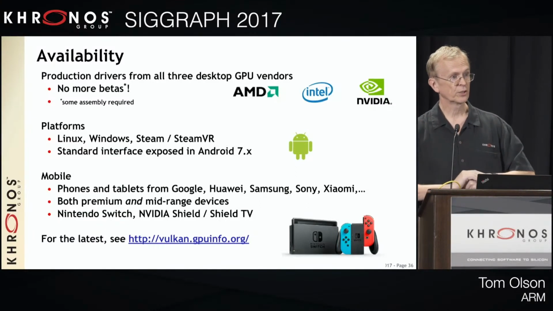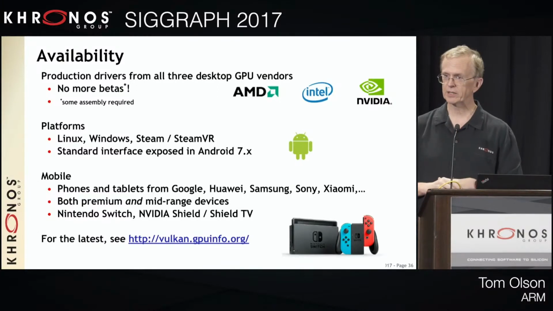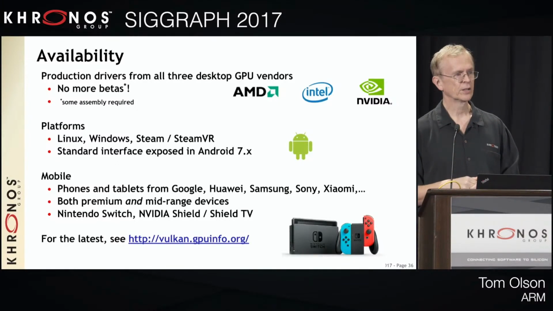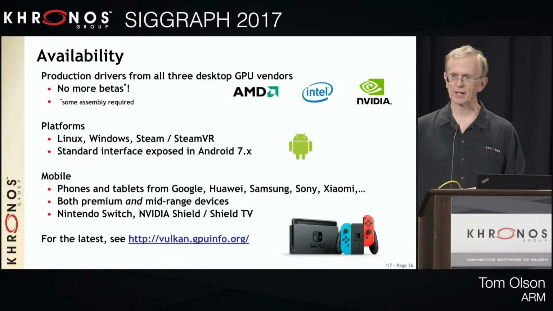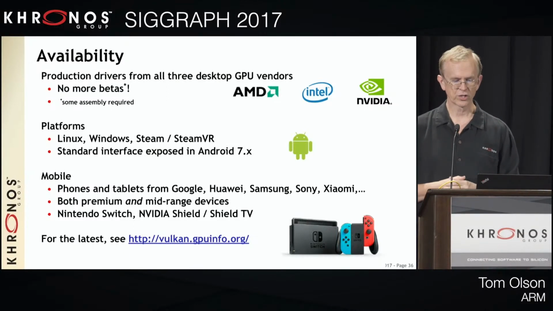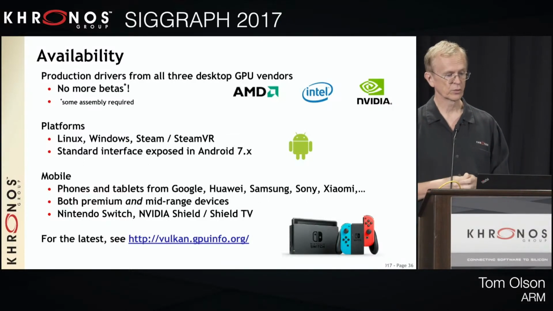In the mobile space, a year ago we had the Samsung Galaxy S7. That was the only phone you could buy in a store that had Vulkan. There were some developer early releases for Android N, as it was called at the time. Now, with Android 7 out, there are tons of devices. Samsung went from the Galaxy S7 to now dozens of tablets and phones. Huawei's got a large number. There are phones from Sony and Xiaomi and a number of Google products of different types, plus others.